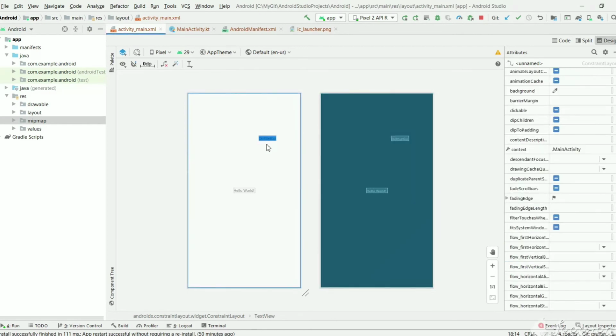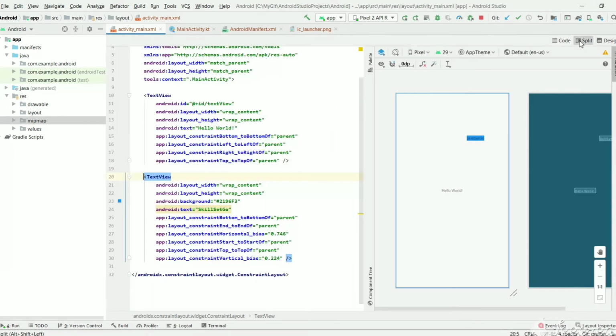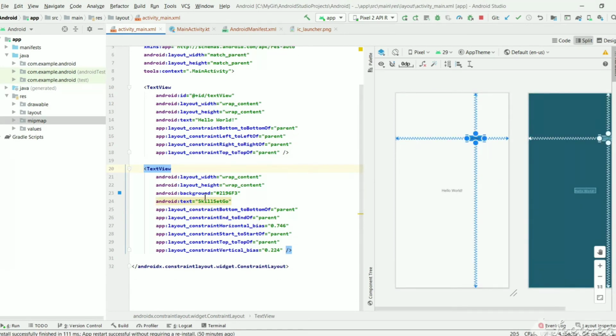So here you will be seeing the color whatever we set. And if you see the XML now, the background of this button will be this color. It has changed. Initially we added only width, height and text. As soon as we set the constraints and the position, all those elements are added under this text view.